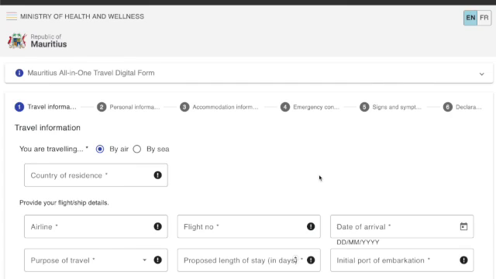So that's your personal information, your travel information, your flight details, or if you're traveling by sea, the information of your vessel, as well as your accommodation information, emergency contacts, and you're going to have to answer some questions about your health and complete a declaration. So once you've gone to the official link, which I've linked in the description below, you're going to see here